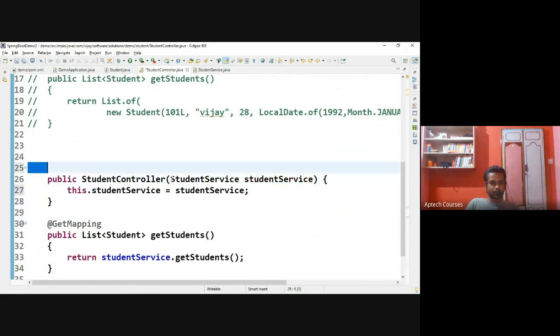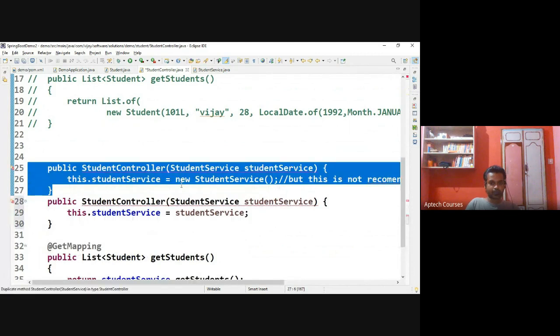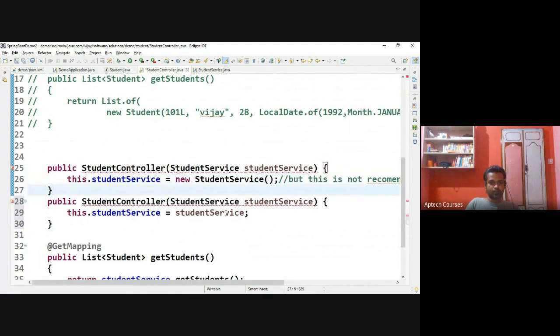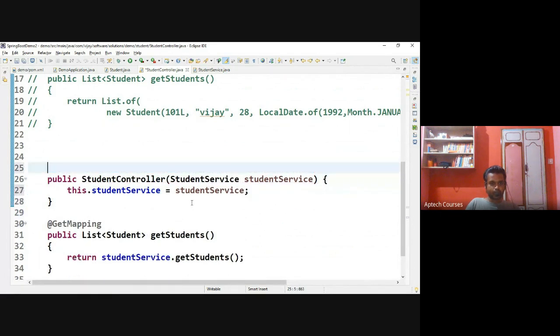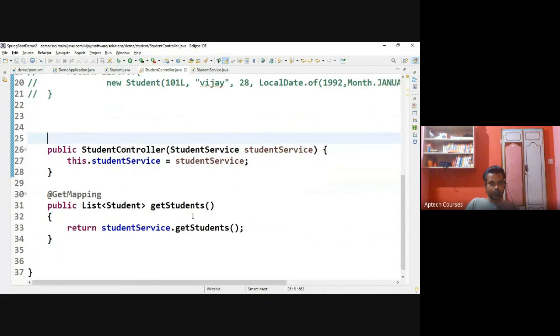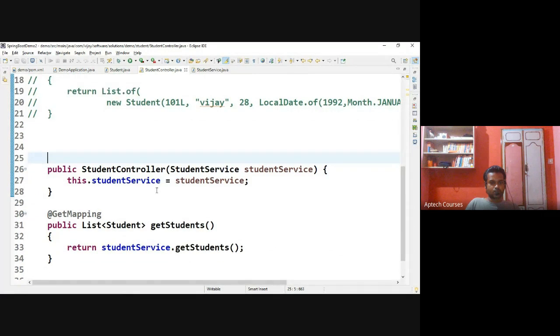Earlier, here we had only student service, but there is no instance for this student service. If I say new student service,